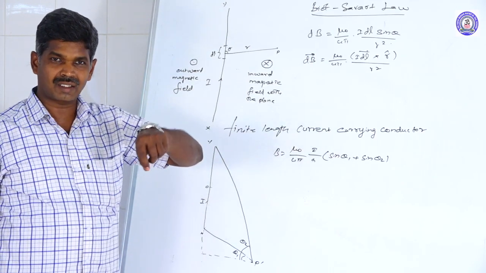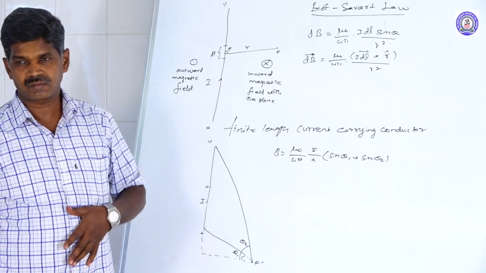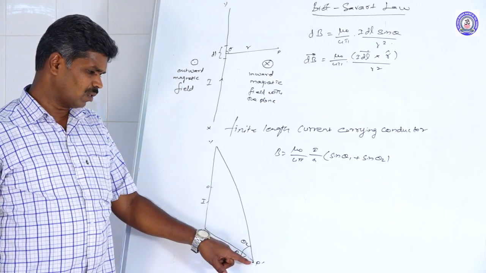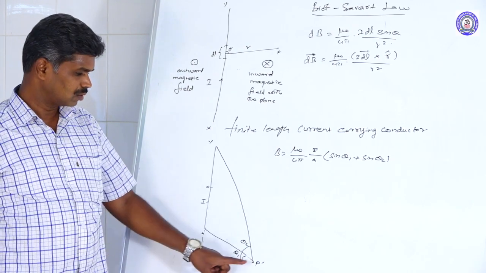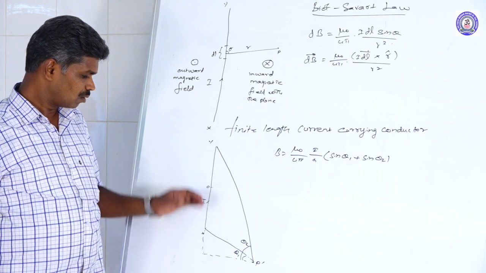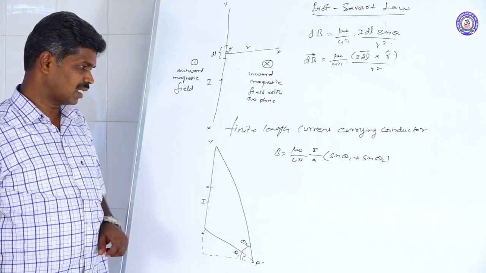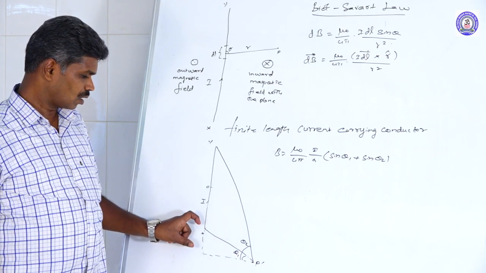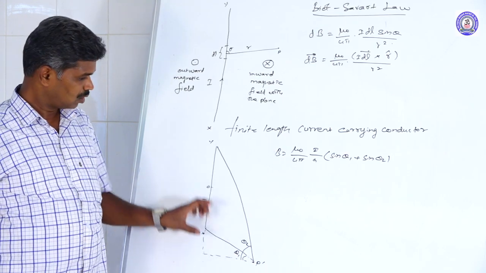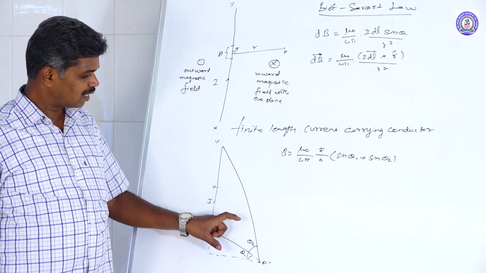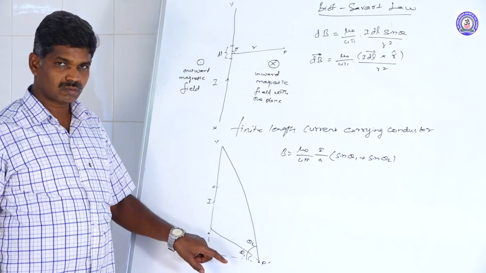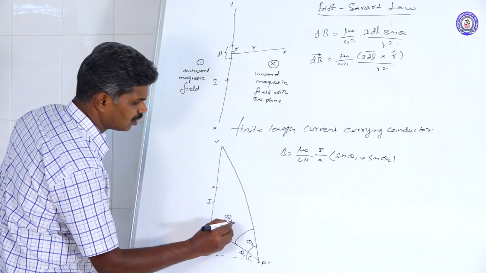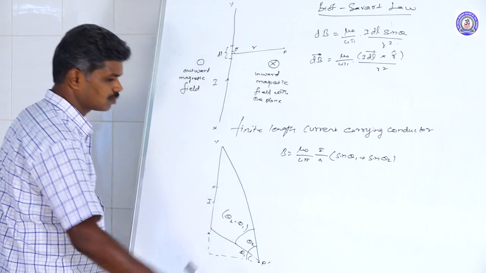That point is taken around a certain distance. But now we are going to take this point, and I want to find the magnetic induction. This point is lower than our given current carrying conductor. So the remaining portion makes angle theta 1, and our whole length of conductor makes totally theta 2. So what is this angle? It is theta 2 minus theta 1.